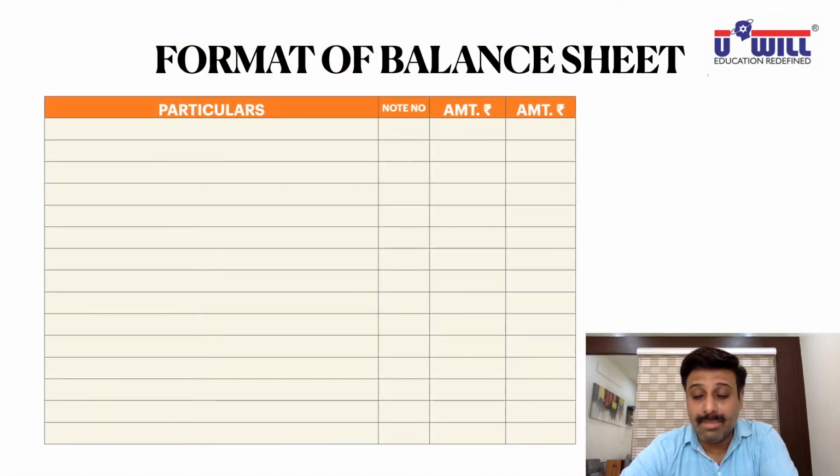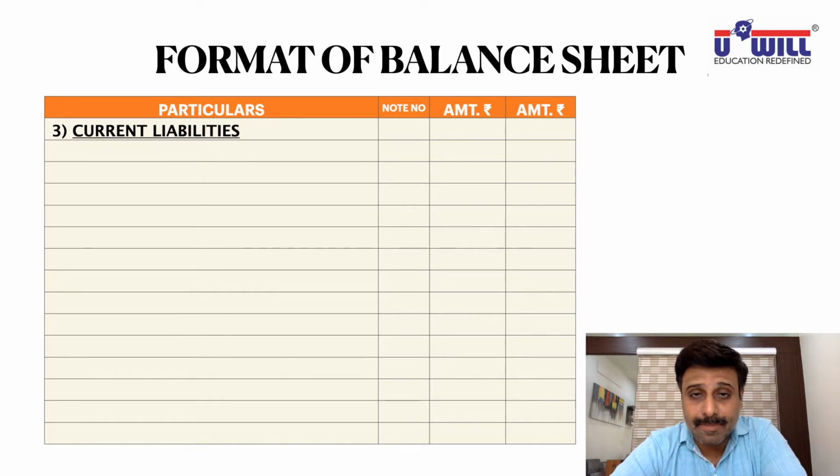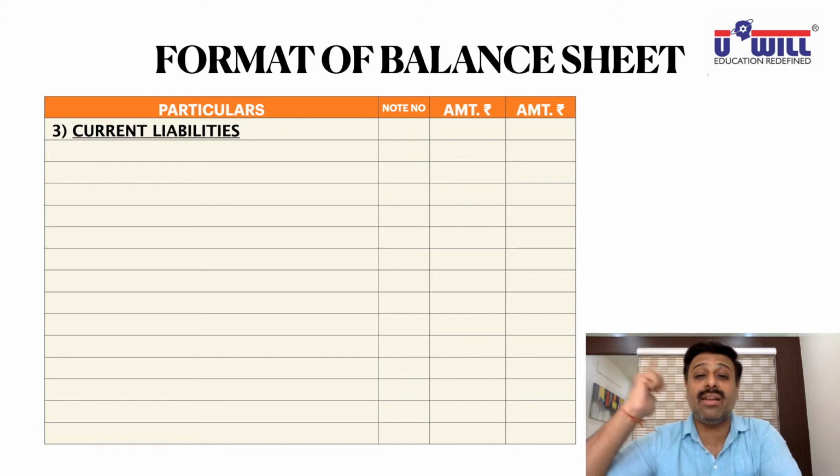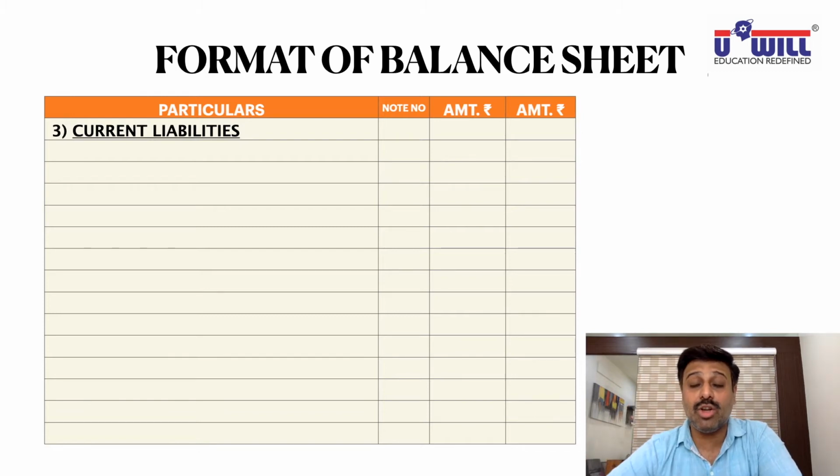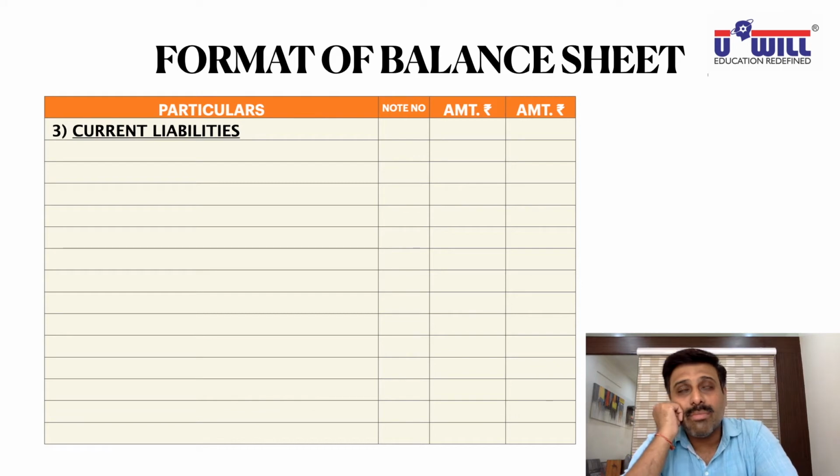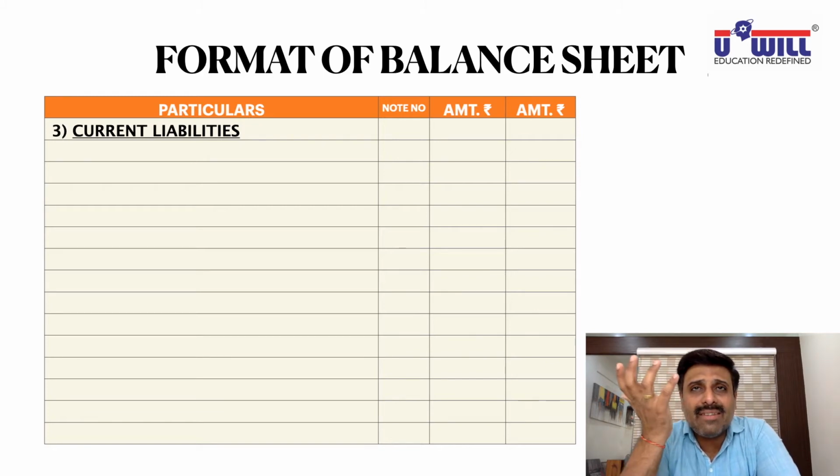Yes, going further, we remember that third heading was current liabilities. Now, Guddu passed. He became very confident that now I can do anything in my life. I have passed second year BCom, means I can do anything in my life. He decided to do CA, CS, CMA, professional courses. And he feels he can do any of the courses. He is genius, brilliant, super intelligent. Now he is confused. Because he can do any of the courses, should he do CA or should he do CS or should he do CMA or should he do MBA? What should he do?